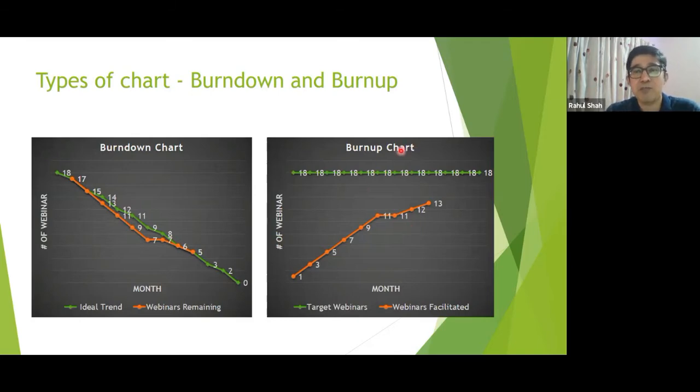Why the burn down chart and burn up chart. If you look at it here, we know that the number of webinars, or I will put the number of stories or whatever, is 18. Just consider it as a number for whatever aspect you want to measure. Here also it is 18. Now this is my scope. The burn up chart will have scope, and you see there is a data point for each of these. So let's say I'm starting with a project where I have to complete around 180 story